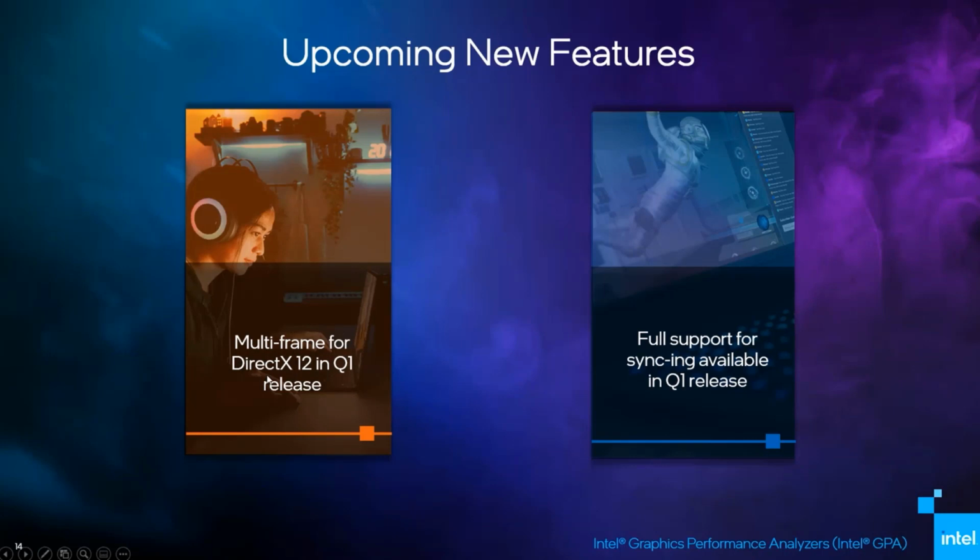That will be more complete for DirectX 12 especially, and we will have full support for syncing. You saw some syncing, the arrows: you highlight one part of a call, and it will show you what that call is and in what queue it is. We have CPU to CPU, CPU to GPU, GPU to GPU, and GPU to CPU. We have all that currently, but in our March 2021 release, it will be fully implemented